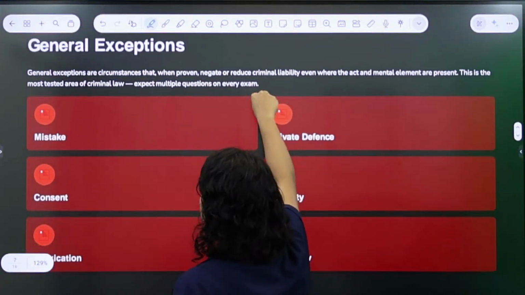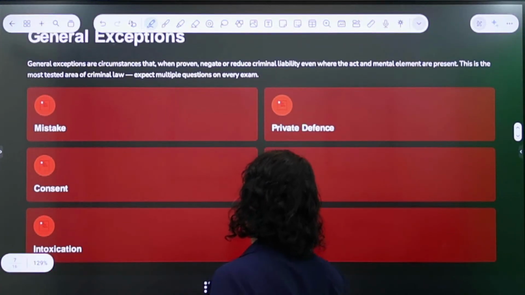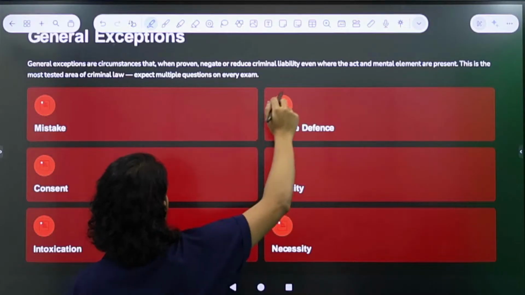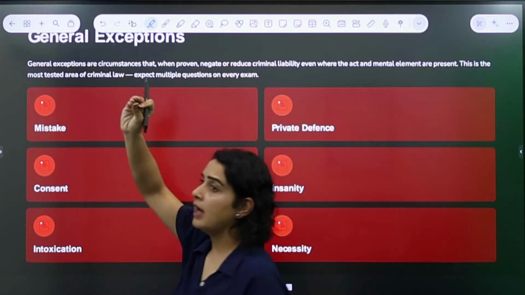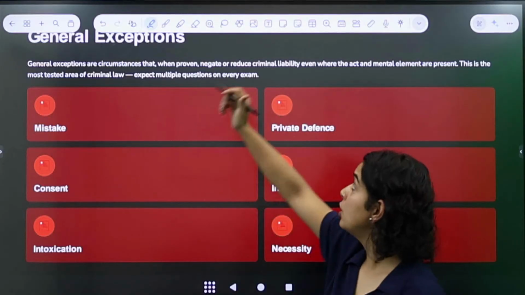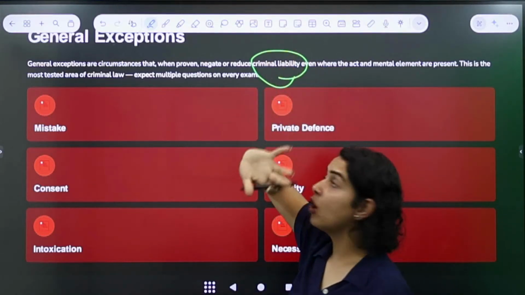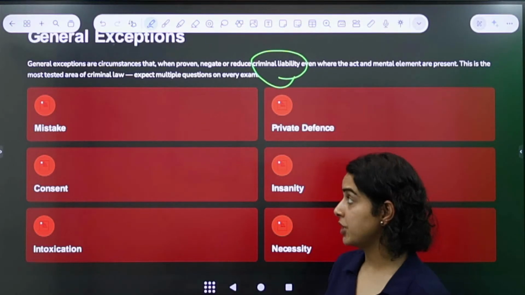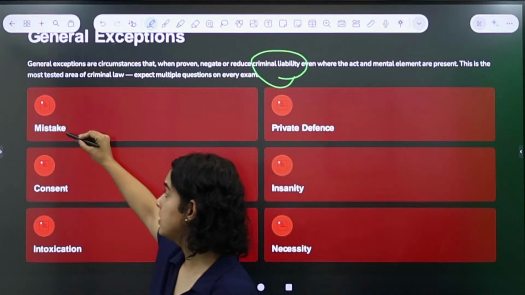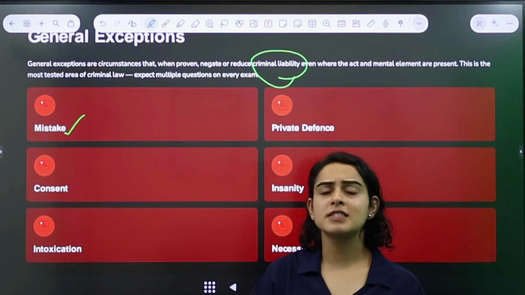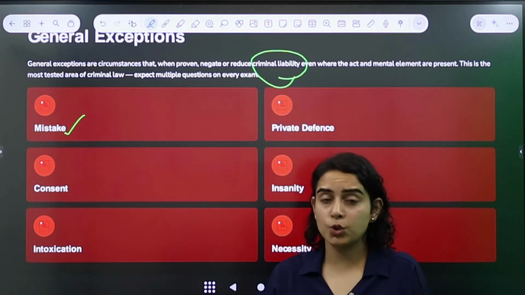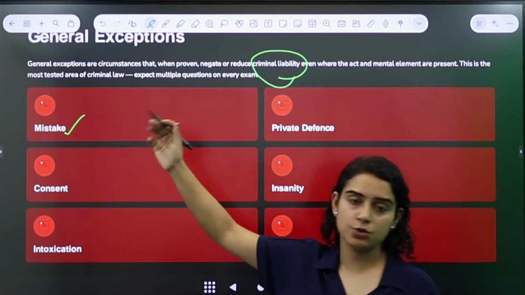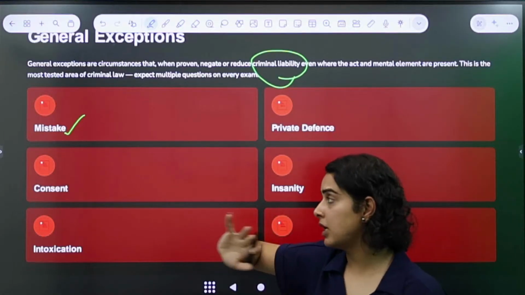Okay. Then come some of the general exceptions. Now, what does it say? There are some situations where even if you've done something wrong, you will not be criminally liable. It will be considered that you have done no crime in certain situations. Now, what are these situations? First of all, if it is a mistake, right? If you've done something by mistake, you did not want to do it, but you still ended up doing it, that's because there is lack of intention, that's going to be a mistake, and you will not be criminalized for the same.